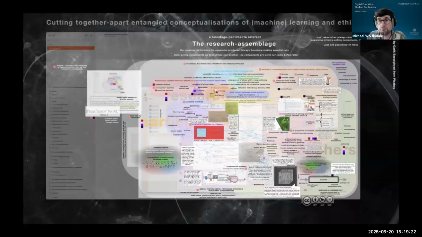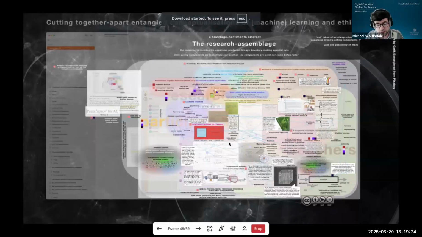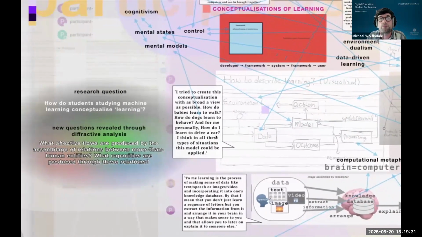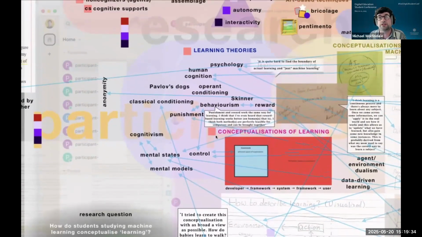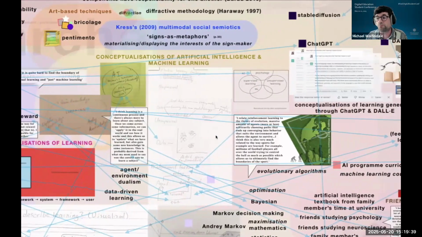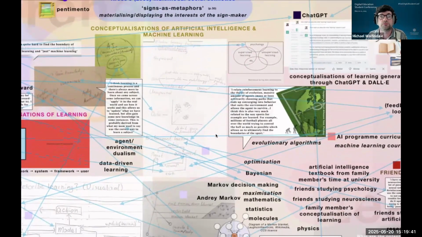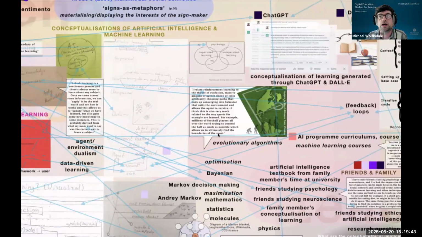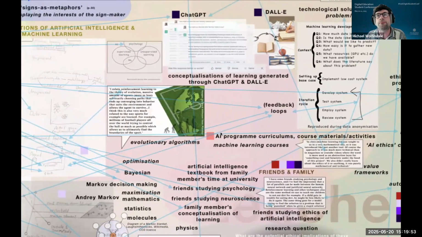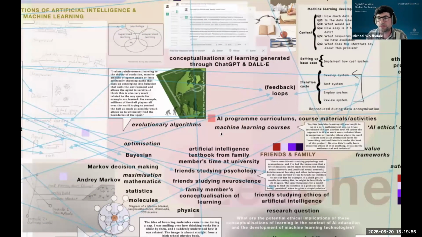I'm happy to go into any details of this artifact. I can actually zoom in here and show you a little bit more in detail. And I'm happy to go into any of the aspects of it. But effectively, it's like a bricolage of the different artifacts which emerged from this project. And as you can see, the arrows between them delineate some kind of affective flows as well that were part of that. And it just provided a way to convey this entanglement in a way.